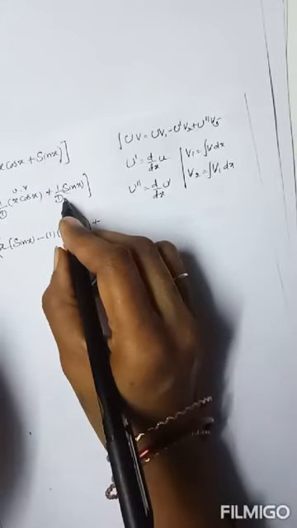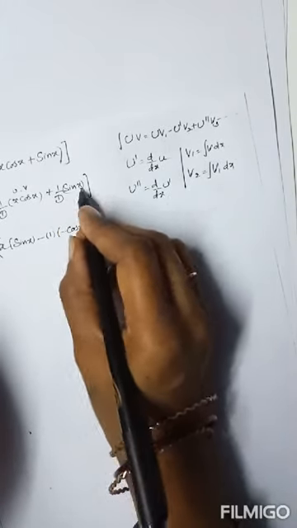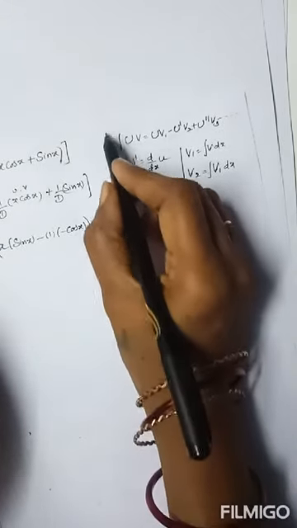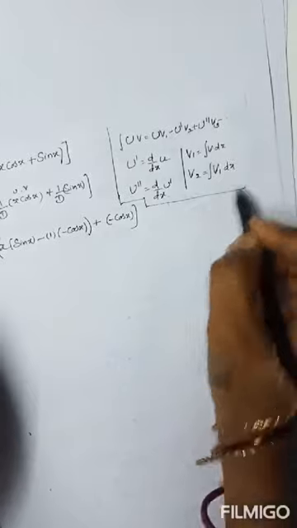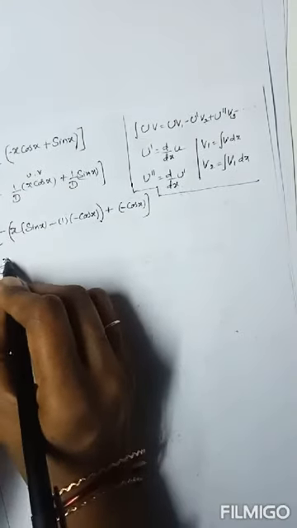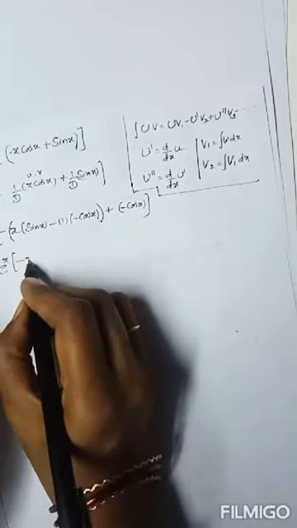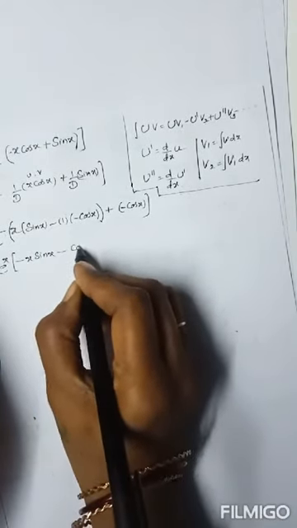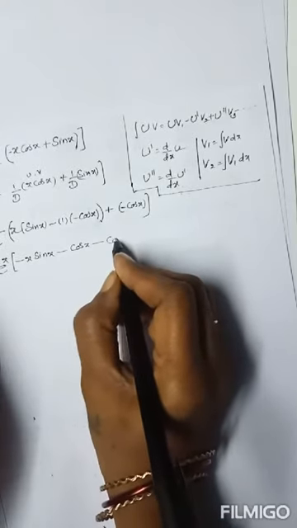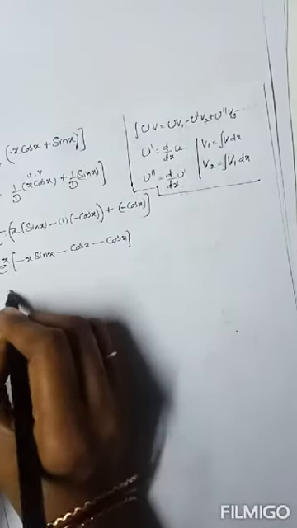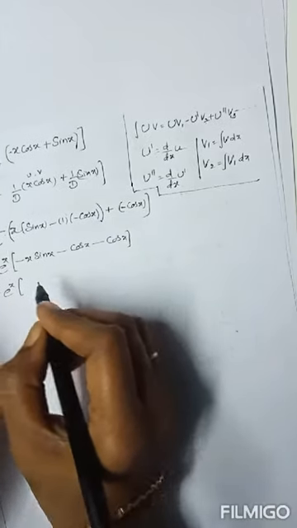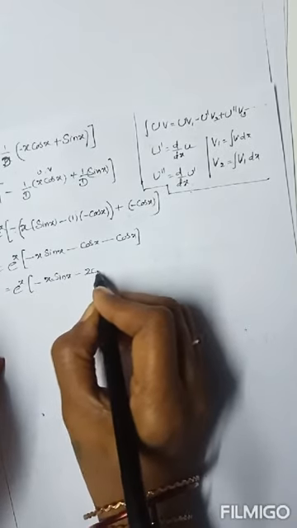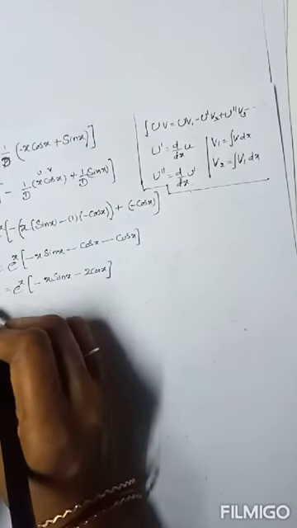Plus 1 by d again is there. 1 by d is the symbol for integral. The integral of sin x is minus cos x, so here there is no derivative. Integration over, e power x just ordinary multiplication, minus x sin x. Here minus into minus into minus, minus cos x minus cos x. After that, e power x into minus x sin x minus 2 cos x. This is the value of yp.